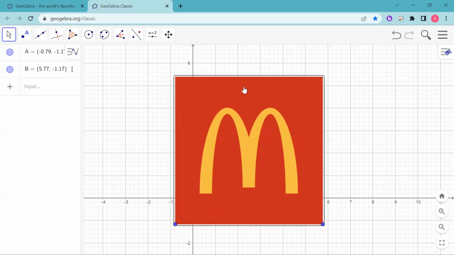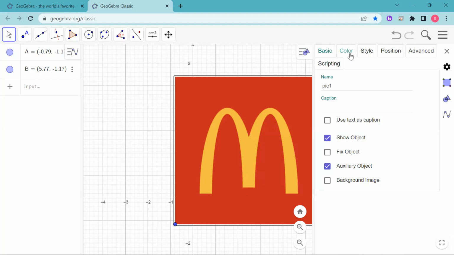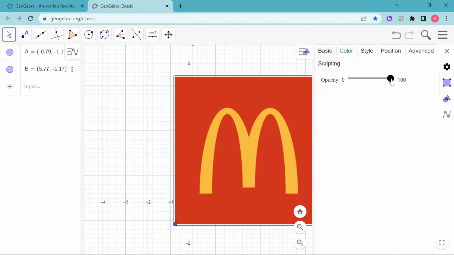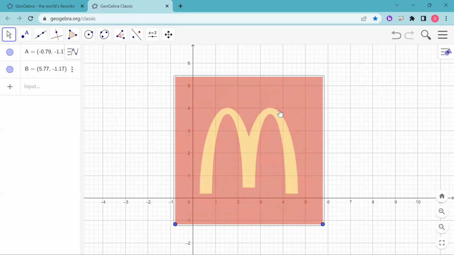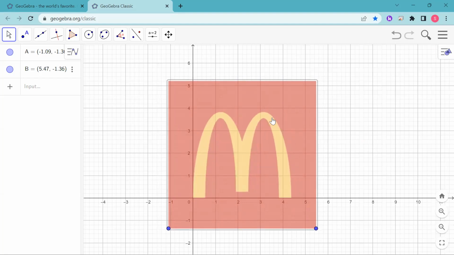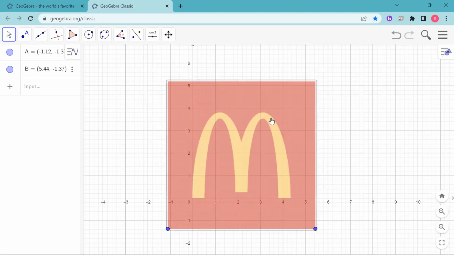But before that, let me just adjust this image in a way where I can see the axis. So go to the settings, go to color, and then change the opacity of this. So I can see the opacity of this has changed. Make it close to 50%. This is good. Once done, you just fix the position of your image. So let's say I'll just fix it here, or you can fix it wherever you want. So my bottom of the M is at the origin,